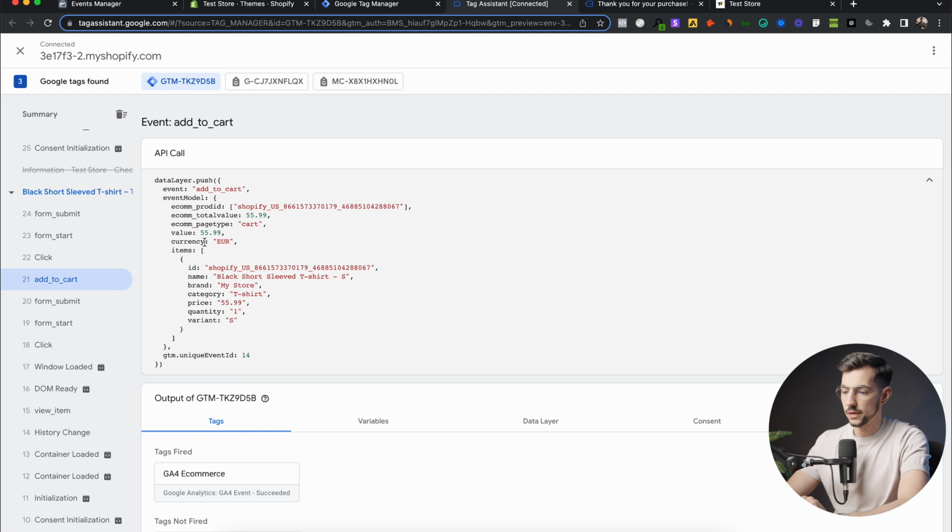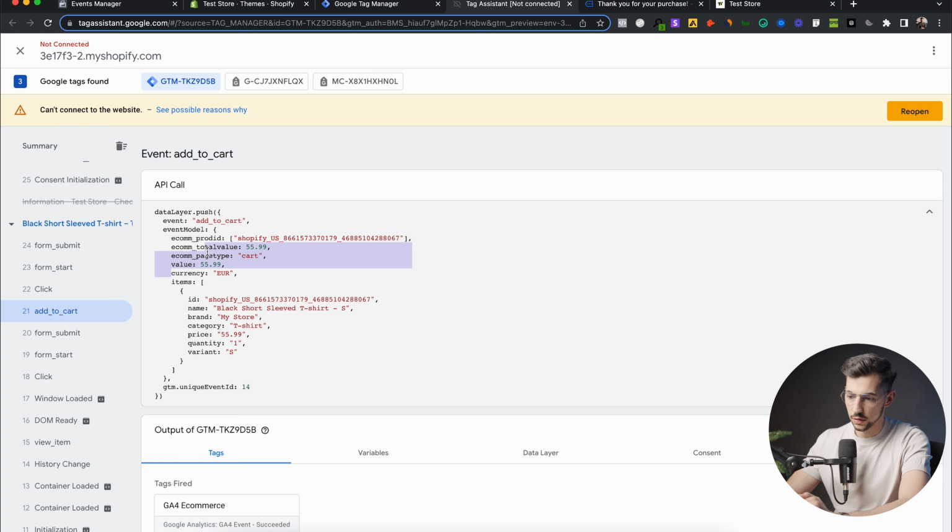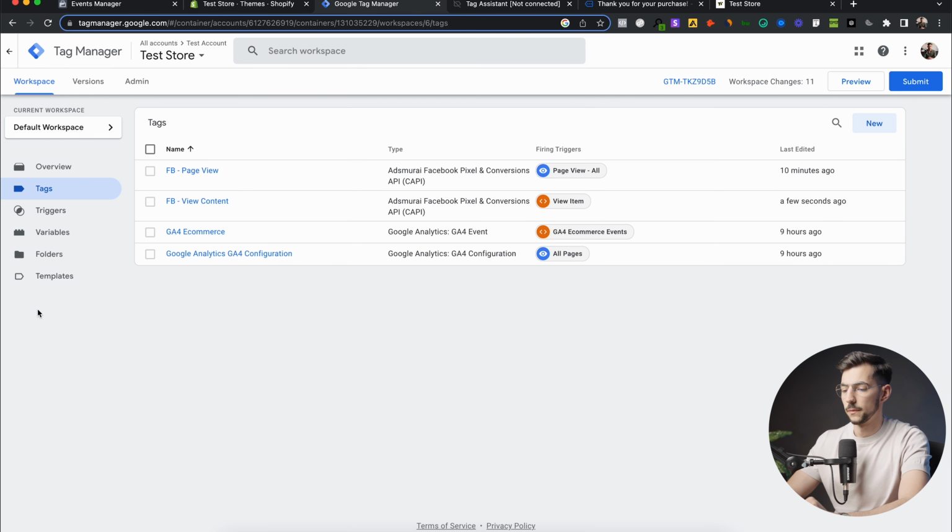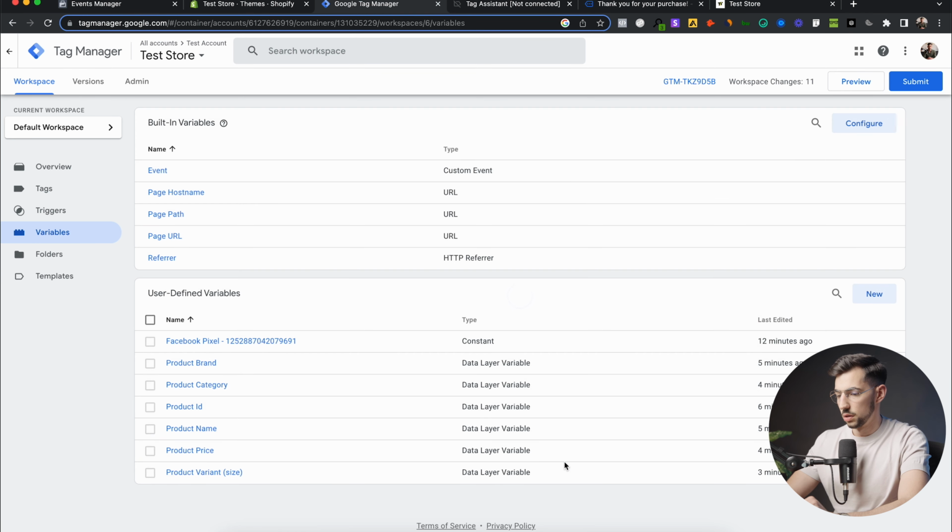To gather this information, as you can see, it's under event model, and it's not under items, but on its own layer, so currency. So we go back here, we need to create a new variable for the currency. So we go to variables, new,